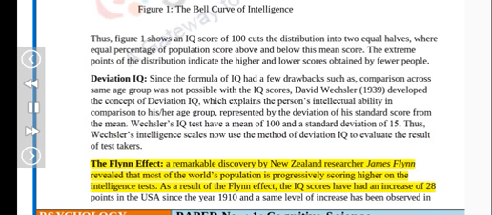The Flynn effect. A remarkable discovery by New Zealand researcher James Flynn revealed that most of the world's population is progressively scoring higher on intelligence tests. As a result of the Flynn effect, IQ scores have had an increase of 28 points in the USA since the year 1910, and the same level of increase has been observed in